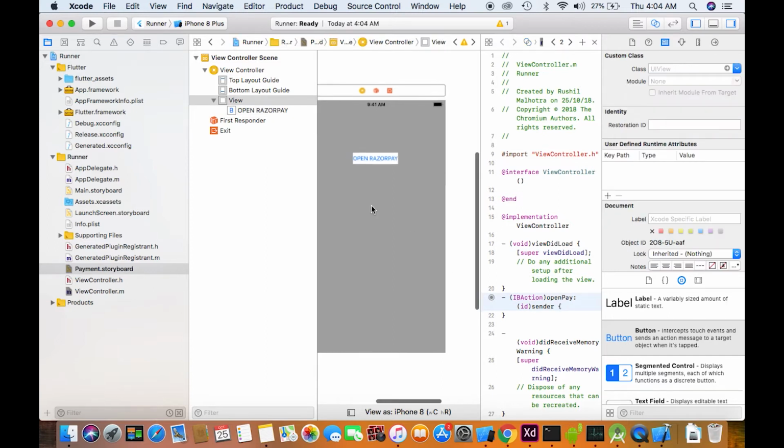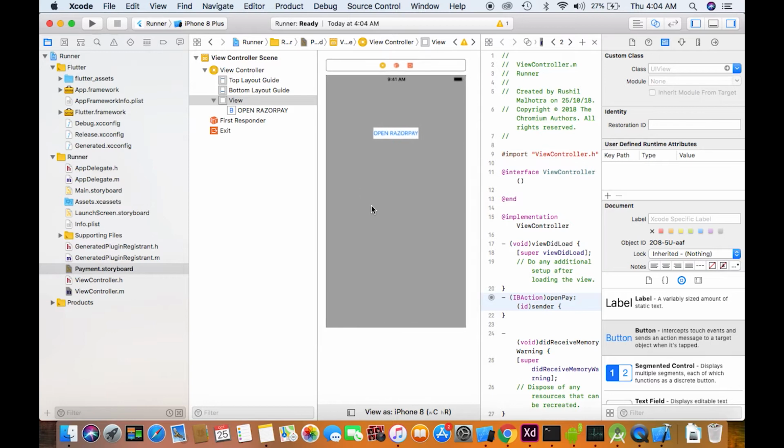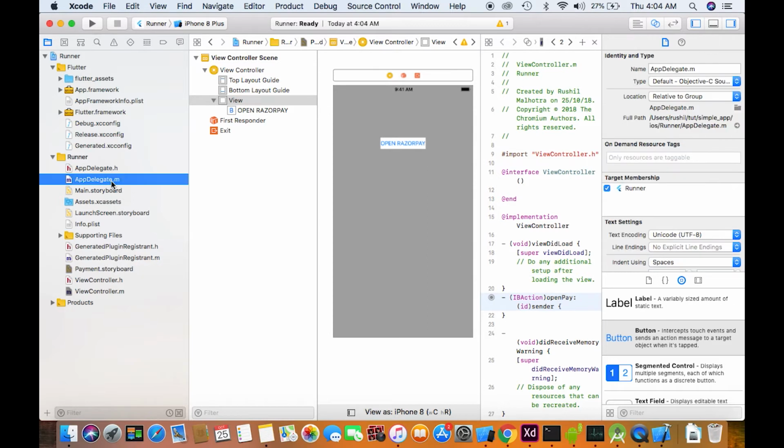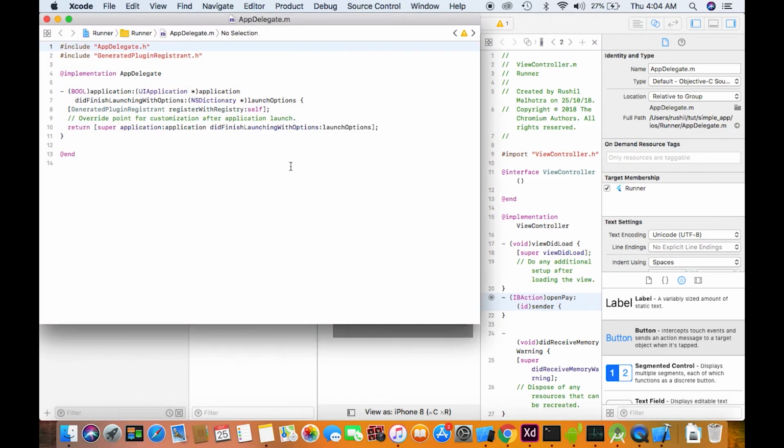Now we forgot the important part: defining the platform channel. This should have been done a bit earlier, I was just going on. So according to the tutorial, go to app delegate, so you will have a simple screen here.